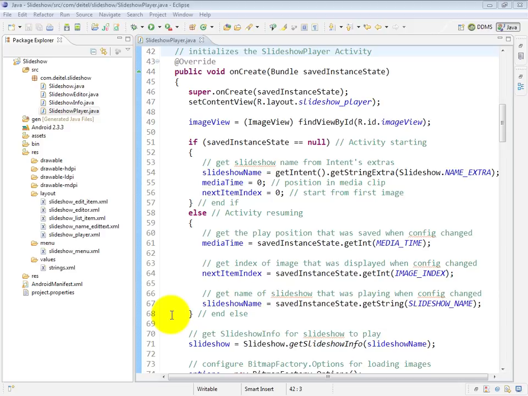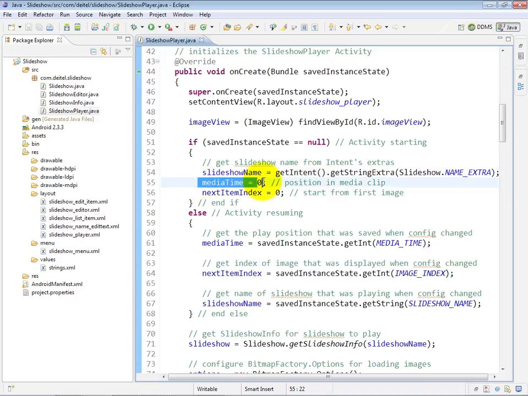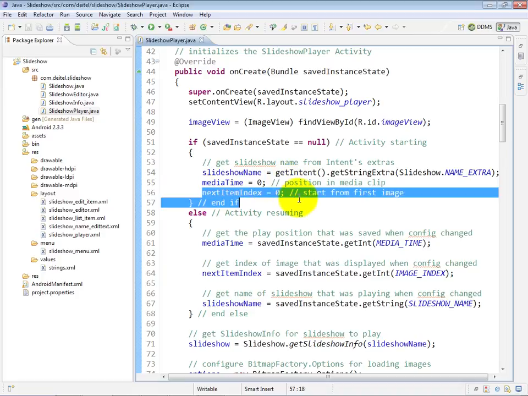from scratch or resuming. If the activity is starting from scratch, then the argument saved instance state will be null, in which case we will get the name of the slideshow that's going to be played, and we get that from the intent extra of the launching activity. We set the media time to 0, meaning that we want to play the audio clip from the beginning, and we set the next item index to 0, meaning that the first image in the list of images will be